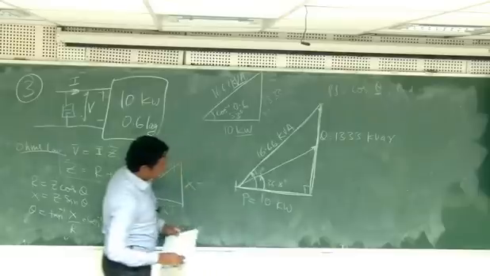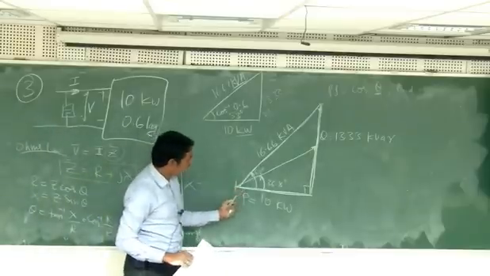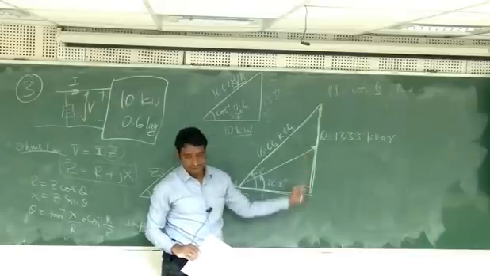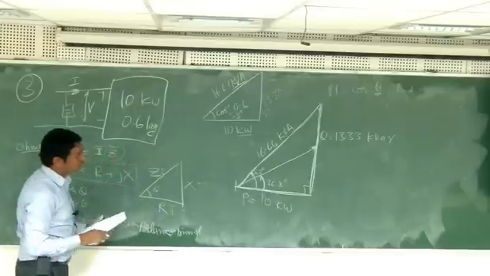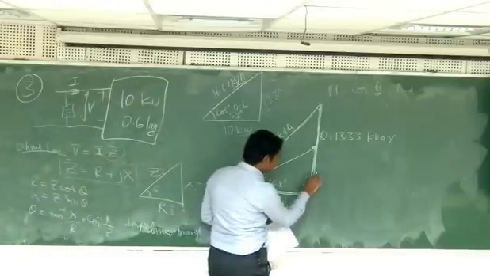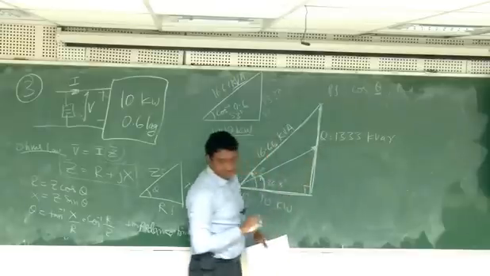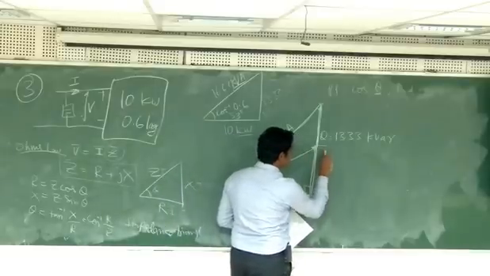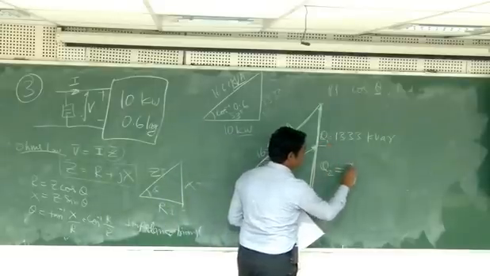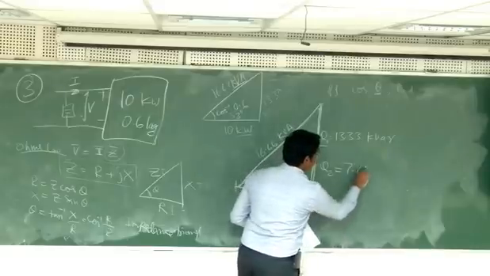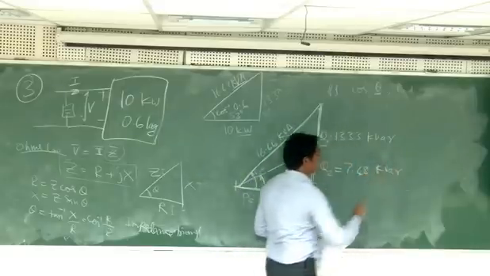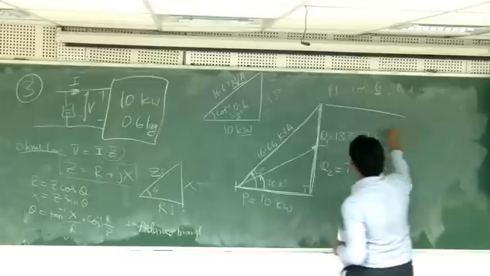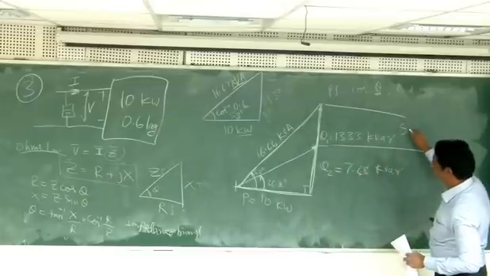Now, if I can reduce this angle for the same 10 kilowatt, what will be the Q now? How much is that? So 1, 2, 3, 4, 5, 6, 7, 7 point. So see, my angle estimation was also correct. So now Q2, this is Q1, 7.48 kVAR. Okay. So what is this difference? 5.85.